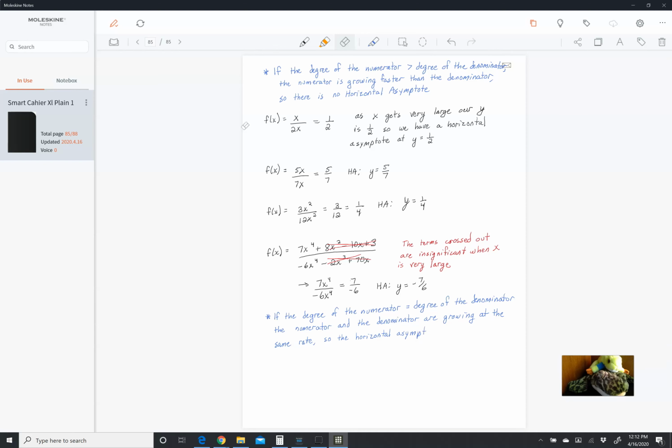The horizontal asymptote is the ratio of the leading coefficients. Meaning y equals the leading coefficient of the numerator